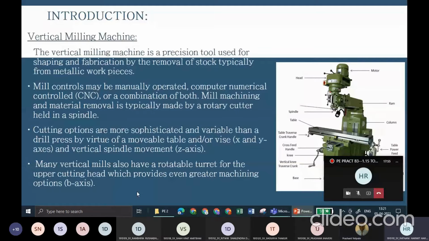The vertical milling machine can be used for operations such as drilling, boring, cutting, etc. Basically, rotary cutters are used to remove metal from workpieces. Next slide.